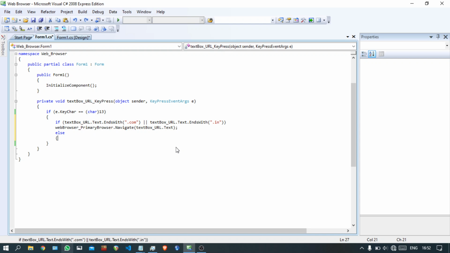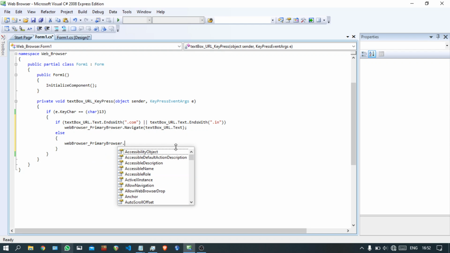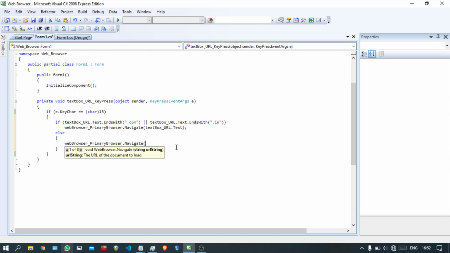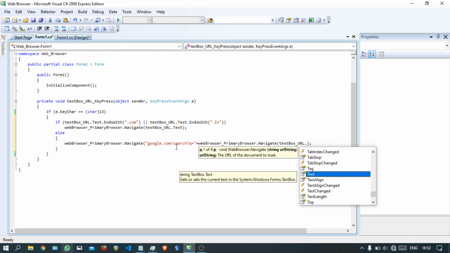So let's go else we want to do web browser primary browser dot navigate to, and this is a crucial part, we'll just go google.com slash search ?q is equal to, and make sure to not give any spaces in between this, because this is a Google URL link. And then we can just go plus